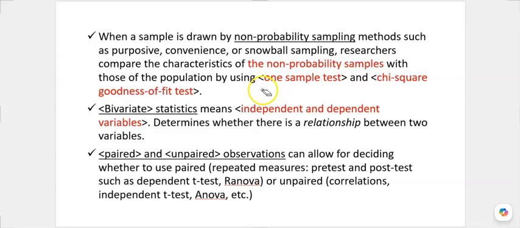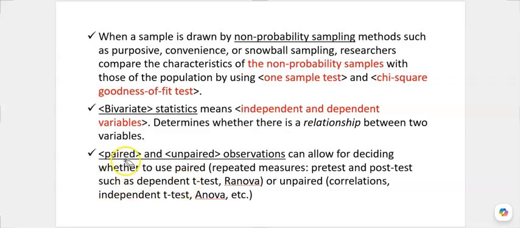So these tests are used to compare with the population. Those tests are added to assure about the non-probability samples. Bivariate means independent and dependent variables, so there are two variables, and normally all parametric tests are